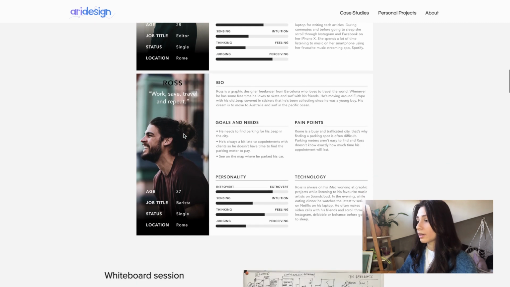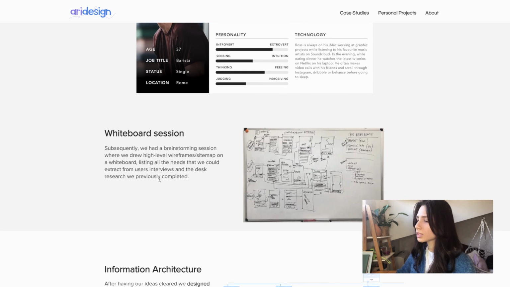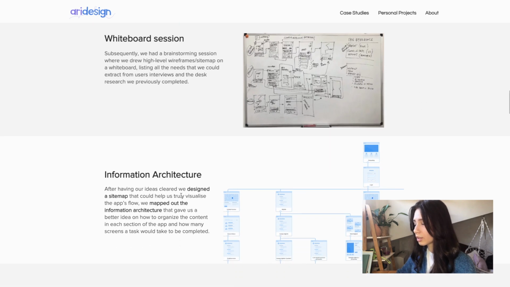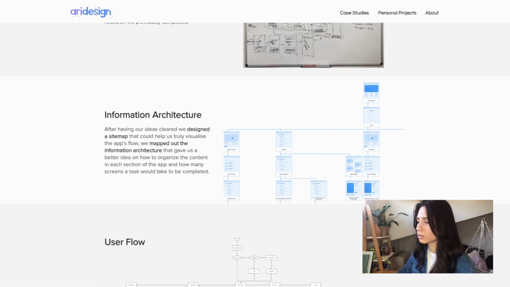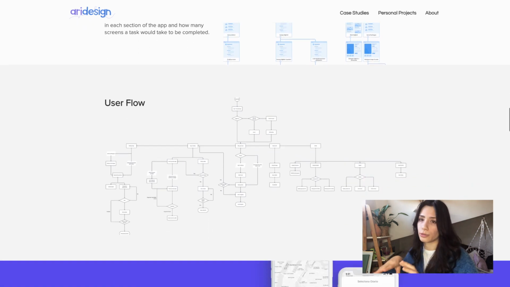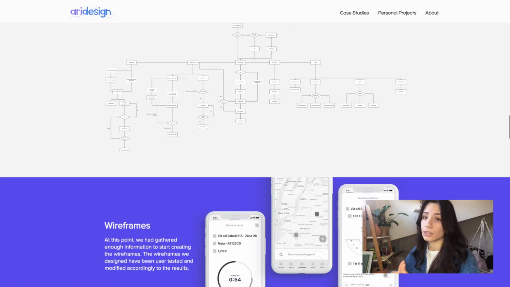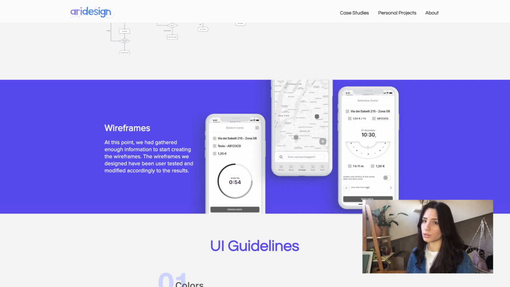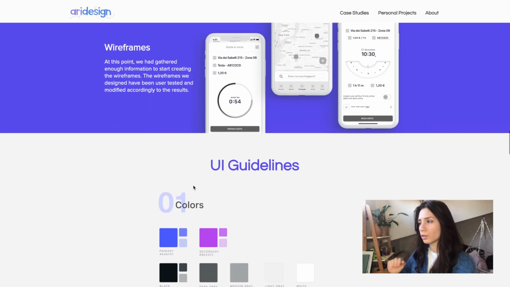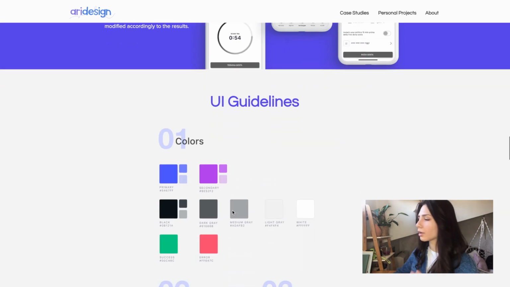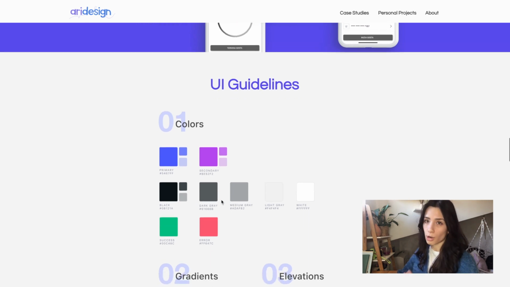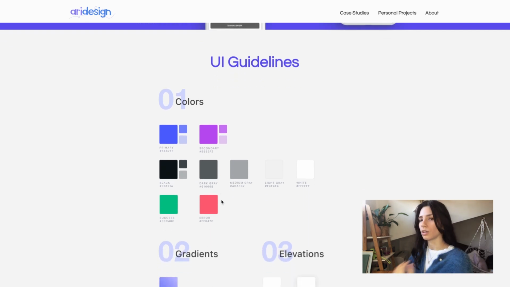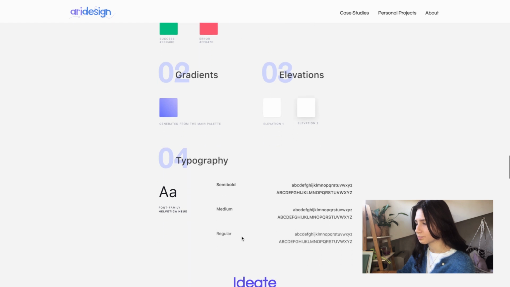And then there's the whiteboard session, the information architecture, then there's the picture of the user flow, and there's the wireframes section. I decided to show just 3 pictures of the wireframes because I'm going to show the app more in depth in the UI section. Following, there's the UI guidelines, the colors, the gradients, the elevation, the typography that I used in my project.